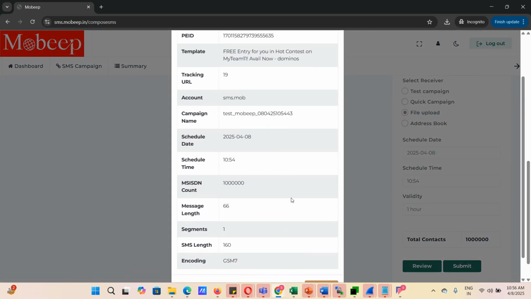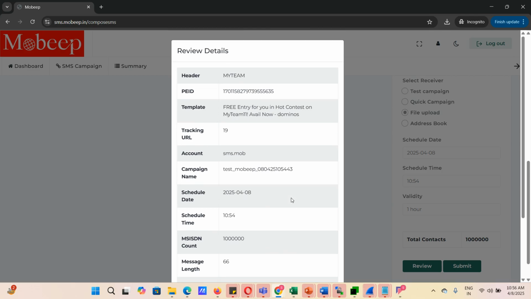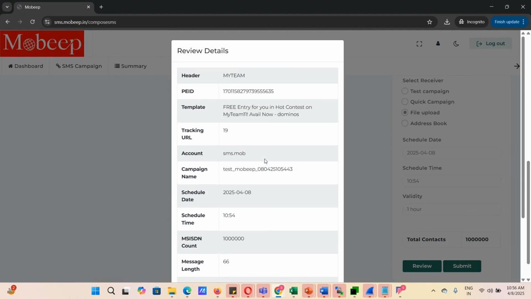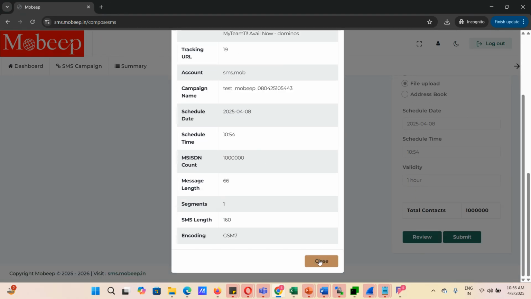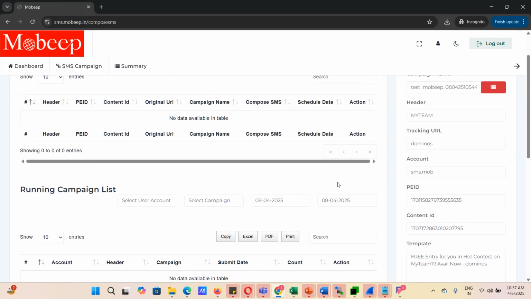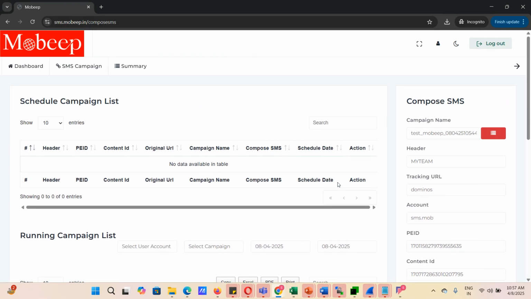So you can check all the details which you have filled in, that the encoding is GSM, not Unicode, and how many messages there are. This is just to re-verify, and then you have to submit it. I'm not submitting right now because it will be executed. And as soon as you execute,